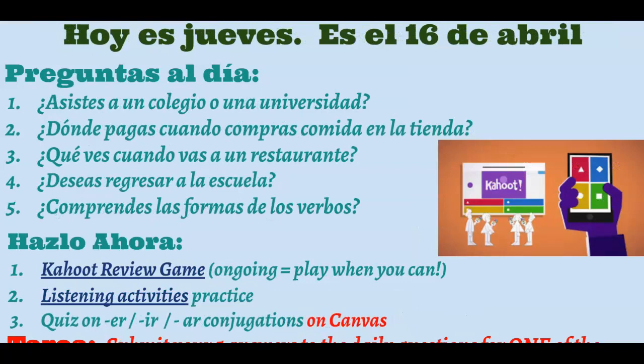Hoy es jueves, es el 16 de abril. Las preguntas al día. ¿Asistes a un colegio o una universidad? ¿Dónde pagas cuando compras comida en la tienda? ¿Qué ves cuando vas a un restaurante? ¿Deseas regresar a la escuela? ¿Comprendes las formas de los verbos? Bien,